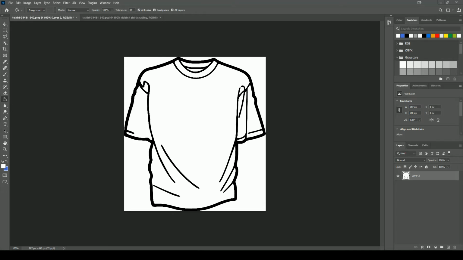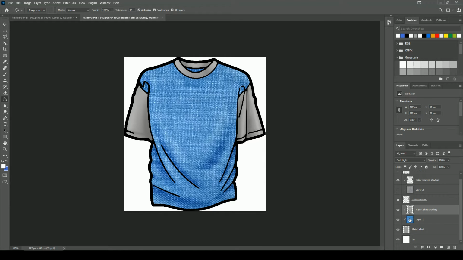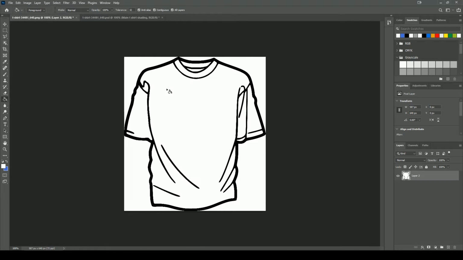Hi guys, in this video I'm going to show you how to color and shade a simple flat drawing. So we're going to add some color to this and some shading. Here's an example of one where I've just simply colored and shaded this a gray tone. This would be if I was using some materials on top of it. But in the demo that I'm going to show you today, I'm going to show you just how to color